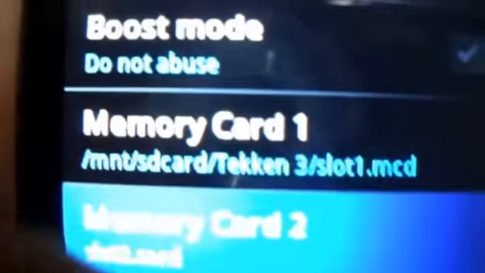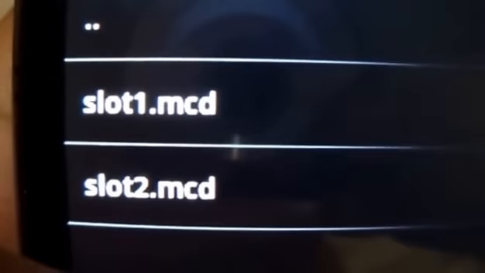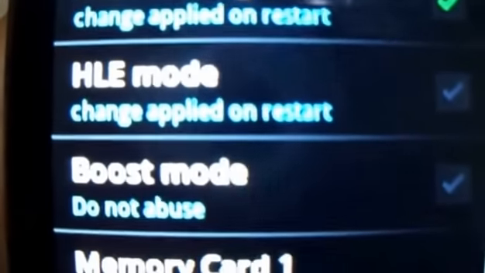Now go to memory card second. Now again select SD card. Now again go to Taken 3 folder. Here it is. Now go to slot2.mcd. Slot2.mcd.